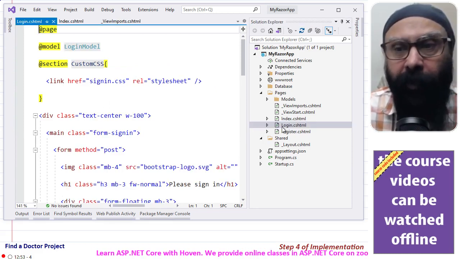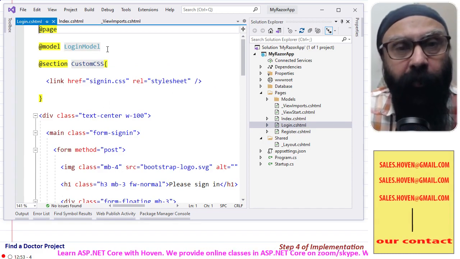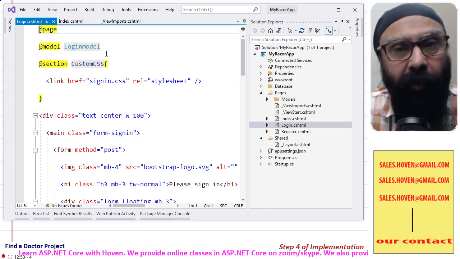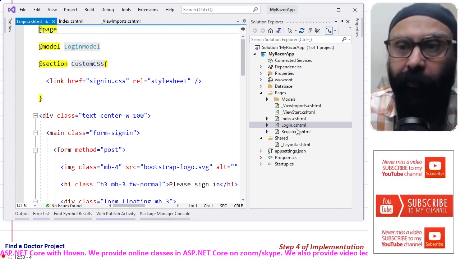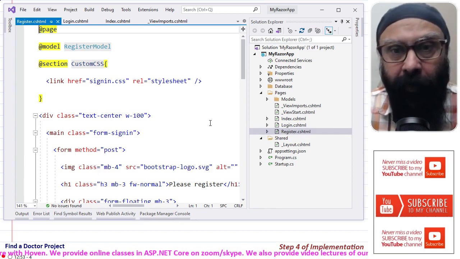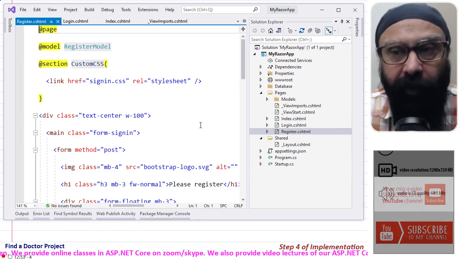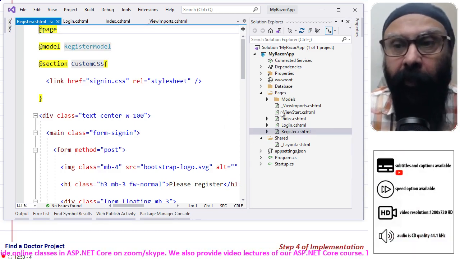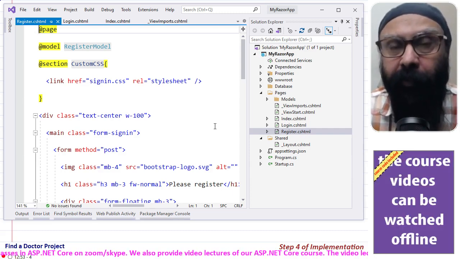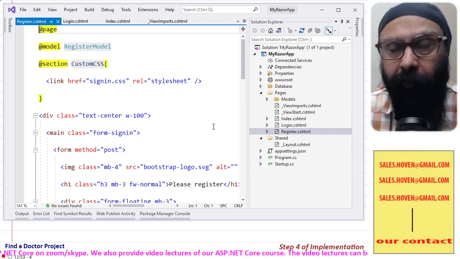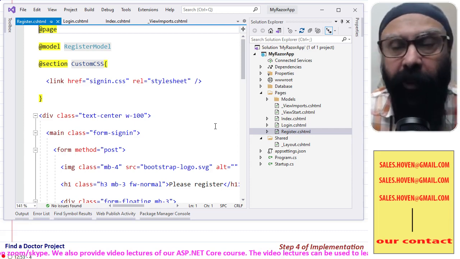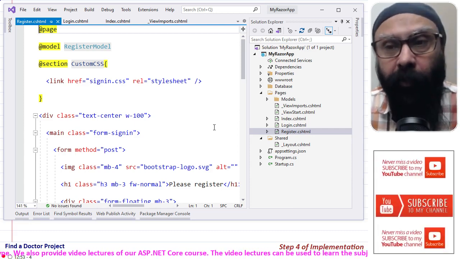You can have a look at the login page also. The login model and add tag helpers have disappeared from here. So this is the objective of this step. This is a short video which explains it, but it's a big step again because it brings us to the modularity part. So a professional application should really look like this. I'll close it right now.